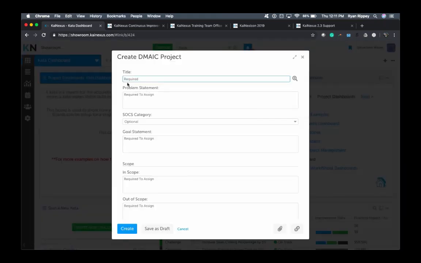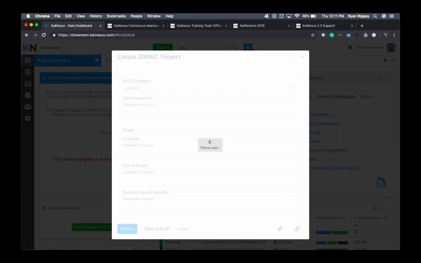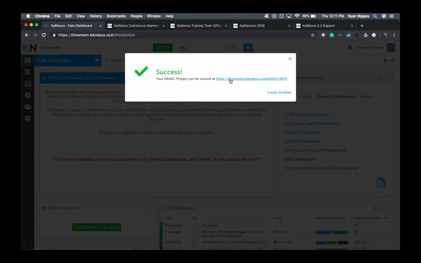So I'm going to create a quick DMAIC project. Hopefully nothing else is required here. Perfect. We're going to jump into this DMAIC project, and the next thing that I want to talk about is we've